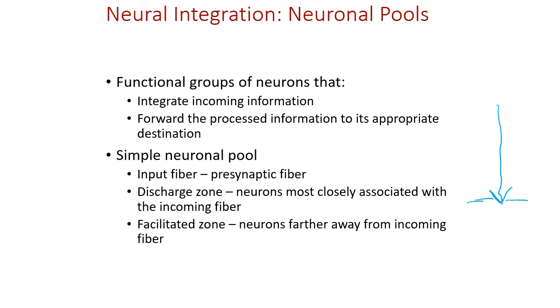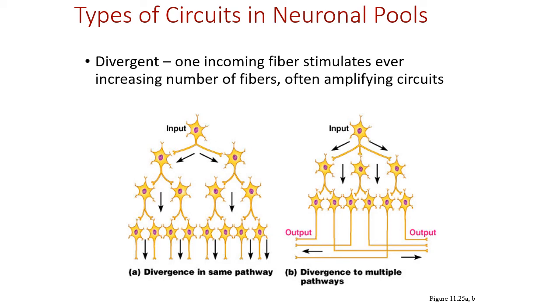And then we have an area that is a facilitated zone. And so if that one neuron was coming in, the discharge zone is the area closest to that neuron as it came into the pool. And then the further ones in the facilitated zone are a little bit further away from the original stimulus. That information as it comes in, especially to the central nervous system, has a couple of different potential pathways that